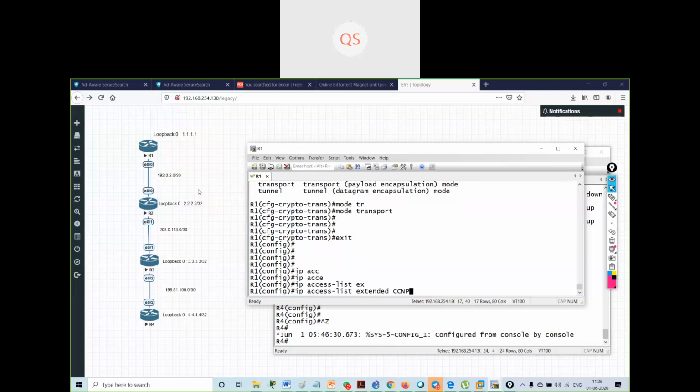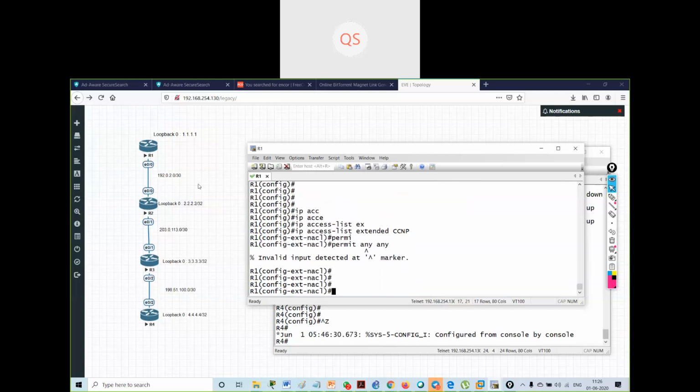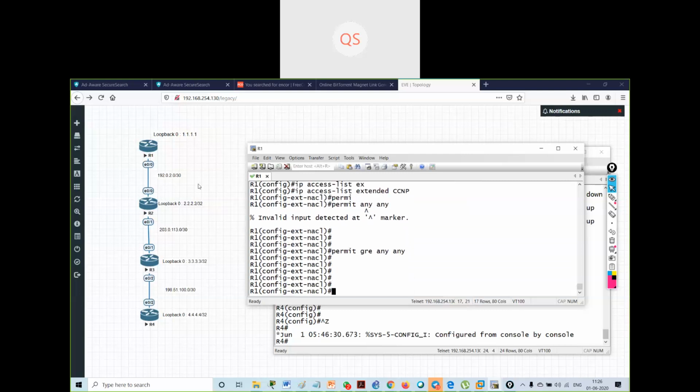Then I will say permit GRE any. Whatever IP addresses will be going through the GRE tunnel, you have to permit those IP addresses.